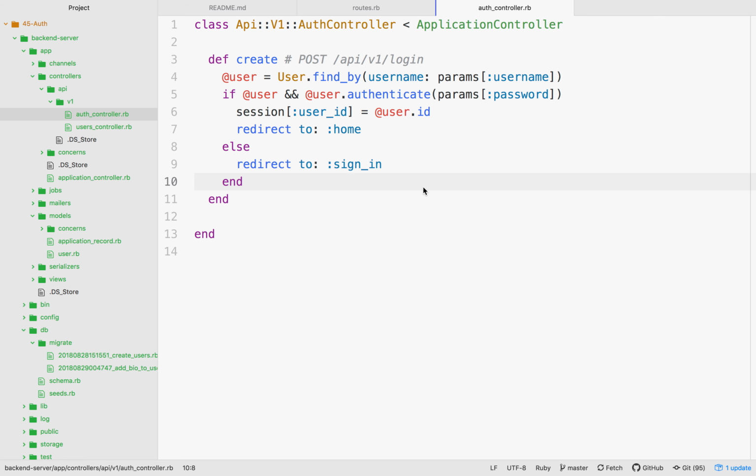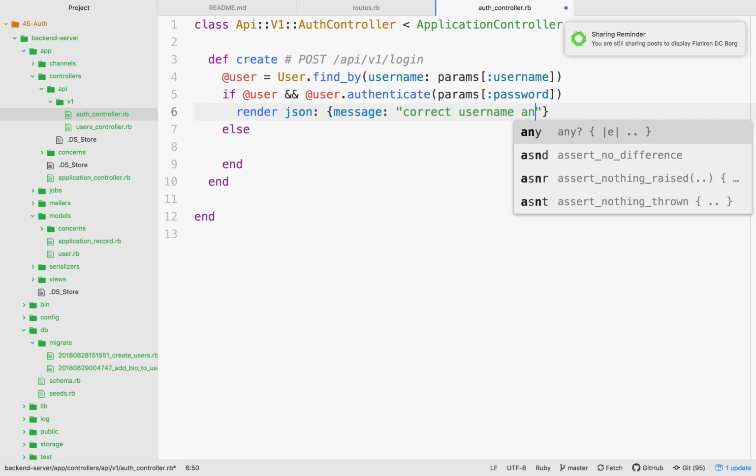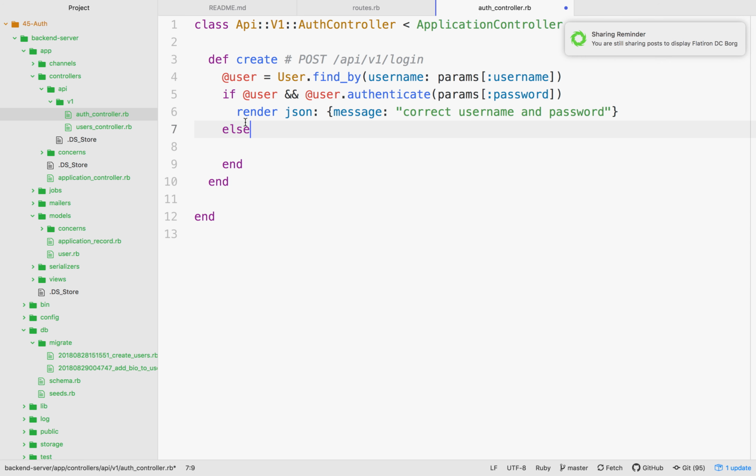So in order to map this to what we know in React, I'm going to change this up a little bit. I'm going to get rid of this, and in either case, render JSON. Just like you saw in Rails API, I'm going to render this object that is message. If the user exists and is authenticated with the right password, I'm going to send back a message, correct username and password. Else, I'm going to render JSON the message